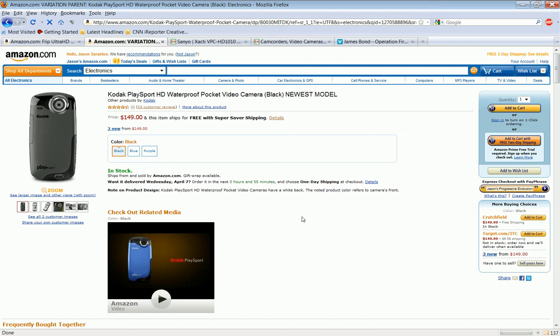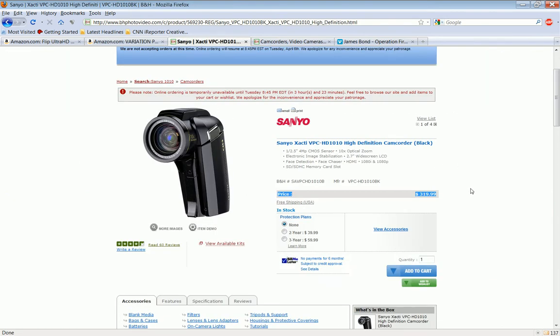Also, the Flip Ultra HD records in stereo. I still think, as of right now, compared to maybe the Sanyos, the Flip Ultra HD has probably the best audio of all pocket camcorders. But depending on what environment you want to be in or what you're going to be shooting, I'm going to recommend these two cameras. The camcorder that I have is the Sanyo Xacti